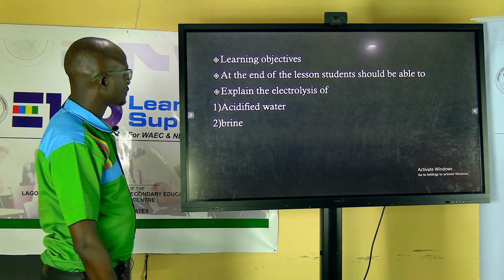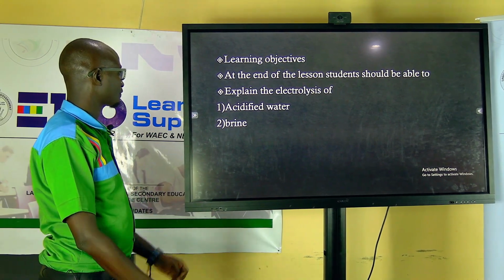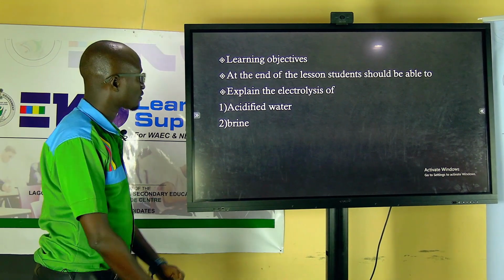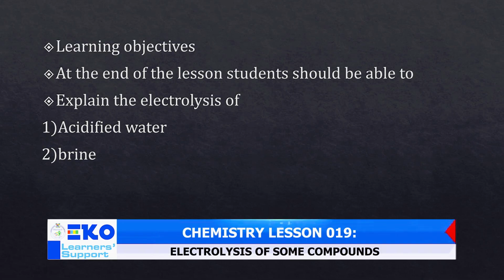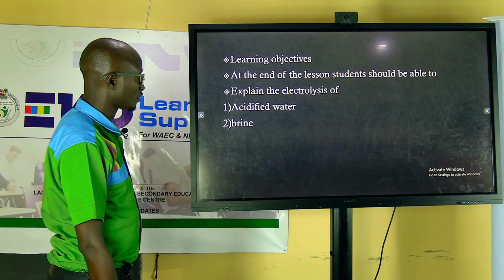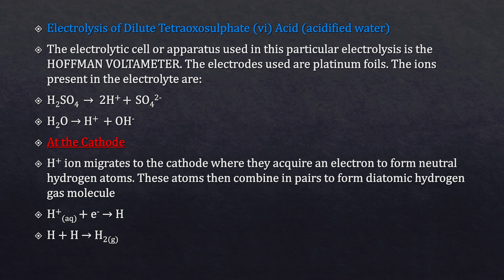So at the end of this lesson, we should be able to explain the electrolysis of some compounds. First one is acidified water, and the second one is brine. Brine simply means a concentrated solution of sodium chloride. Electrolysis of acidified water